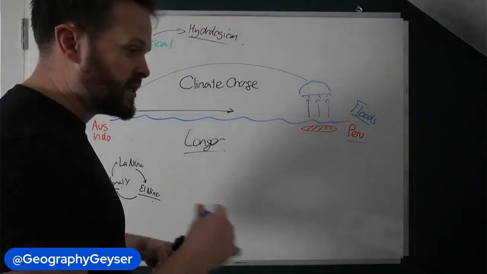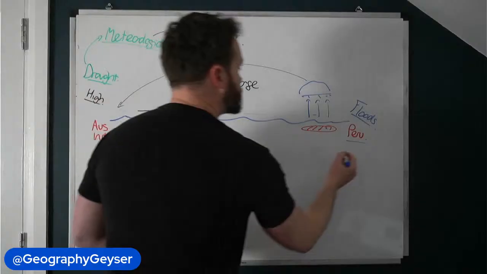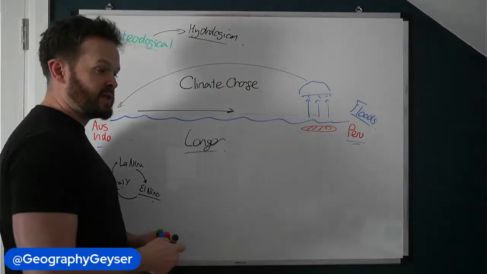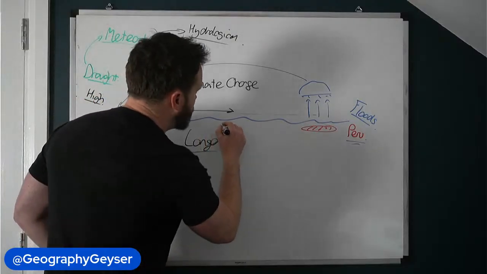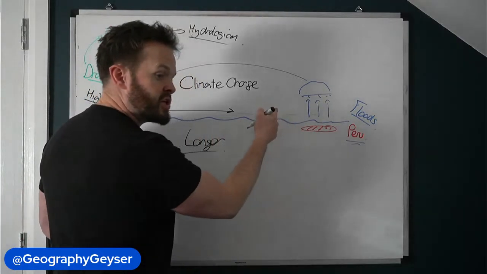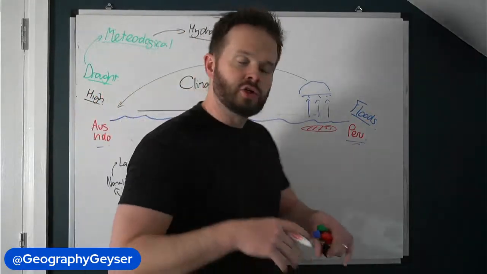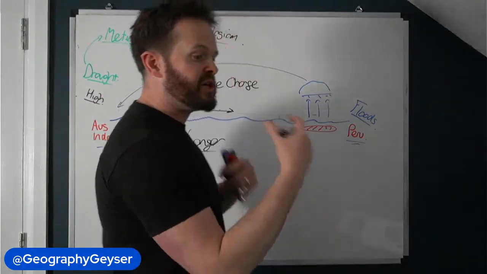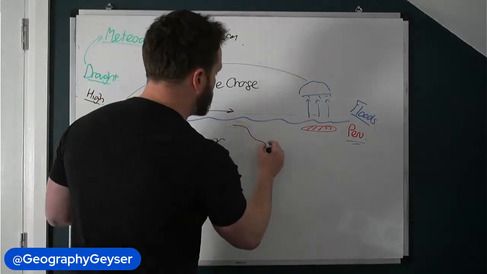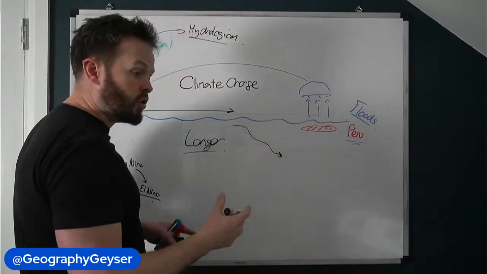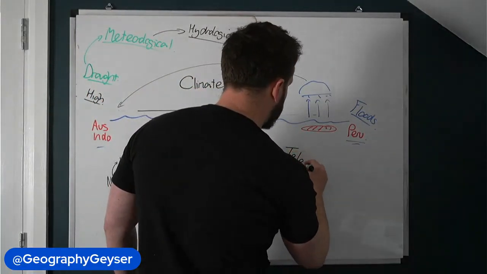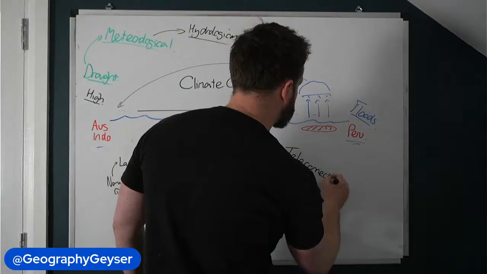Now, the other things that you can then bring in are, it's not just Peru and Australia and Indonesia that suffer as a consequence of El Nino. When this happens, there's changes in air pressure, and a change in air pressure here will create almost like a domino effect, where there's then going to be a change in air pressure in other areas of the world as well. So it will have a knock-on effect on other areas with their air pressure. Now, these are known as teleconnections.